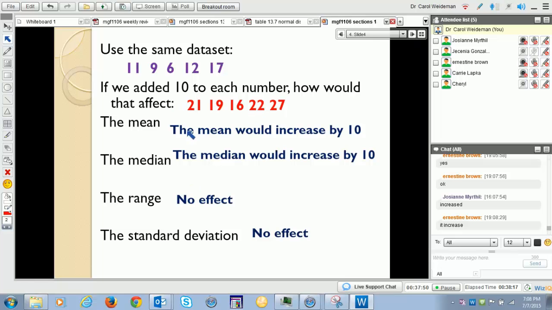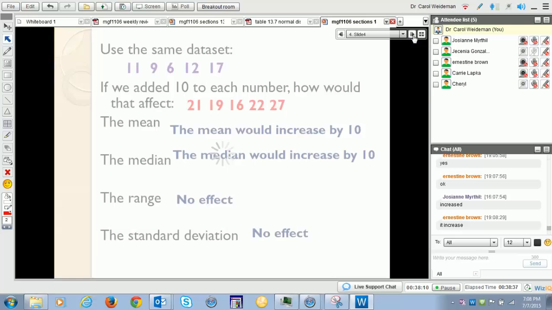But interestingly enough, if you shift this, what we call a shift in a sample or a distribution, if you shift by a number, it changes the measure of center because you added or subtracted, but it doesn't affect the variation because all you're doing is shifting the whole thing up. So it's kind of interesting to think about when you make changes to data, what effect does it have on the measures of center and variation?